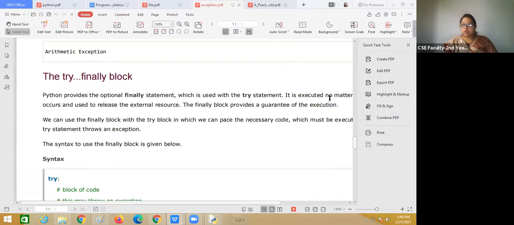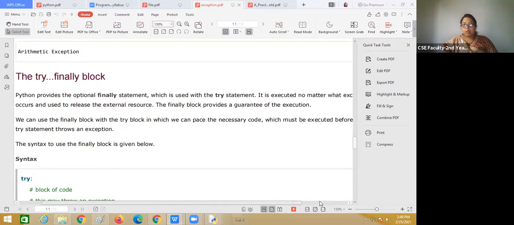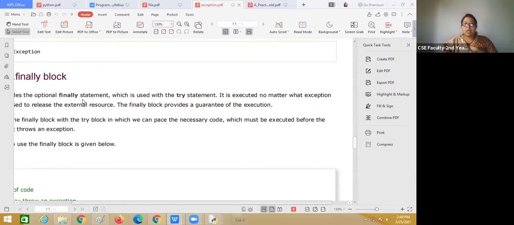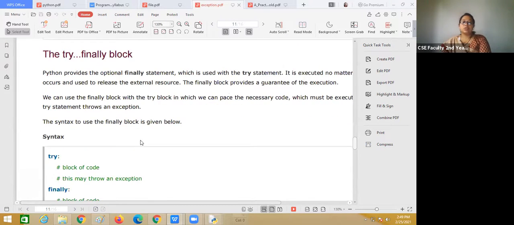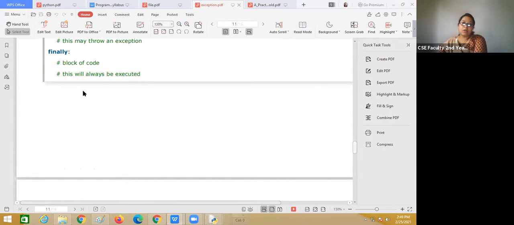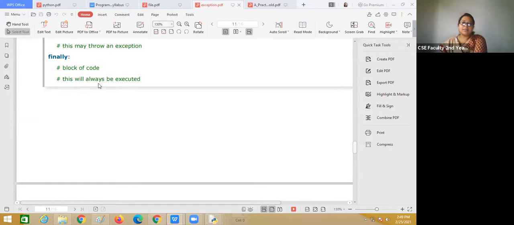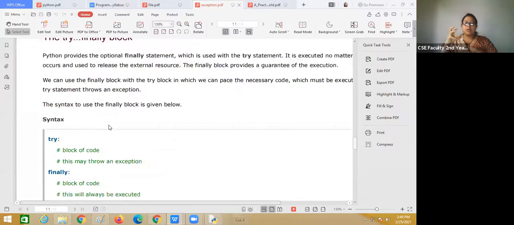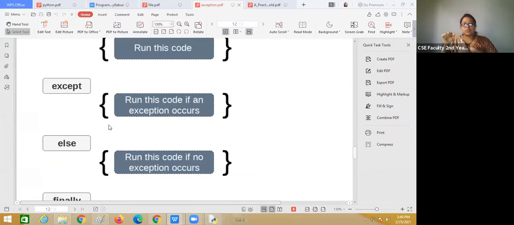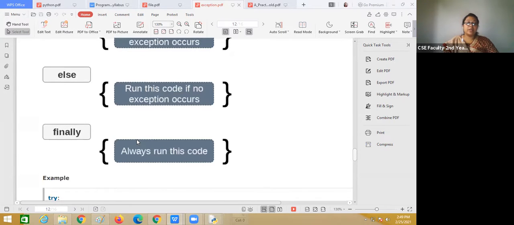It executes no matter what exception occurs, and is used to release external resources. The finally block provides a guarantee of execution. In this block it can release all the resources. What are the resources? The CPU takes that resource. So in this finally block, all resources will be released.